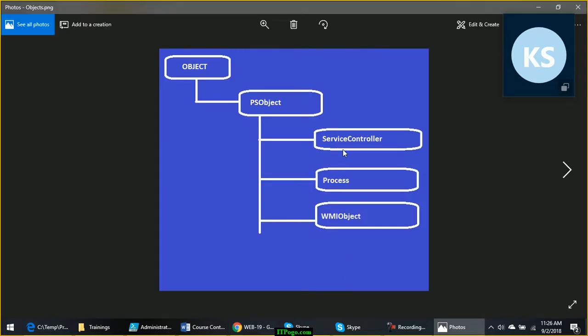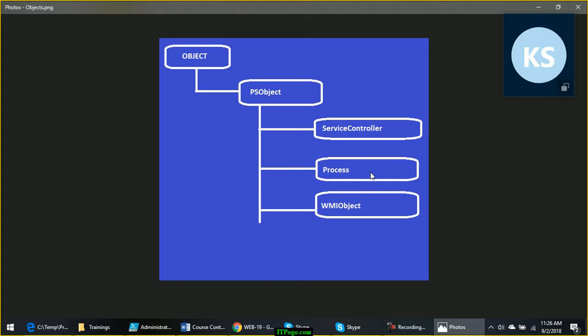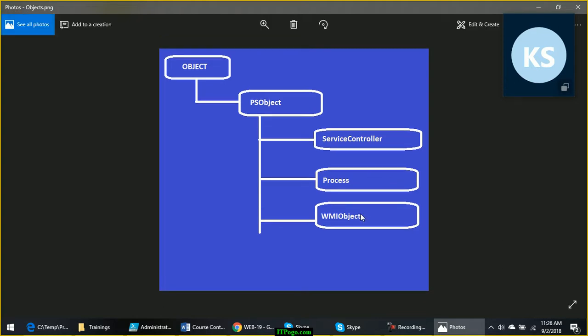As I said, all different objects in PowerShell, we have seen service controller object, process object, WMI object. These are all different object types. These are the children of PS object. PS object is the parent object type. These are the child objects.